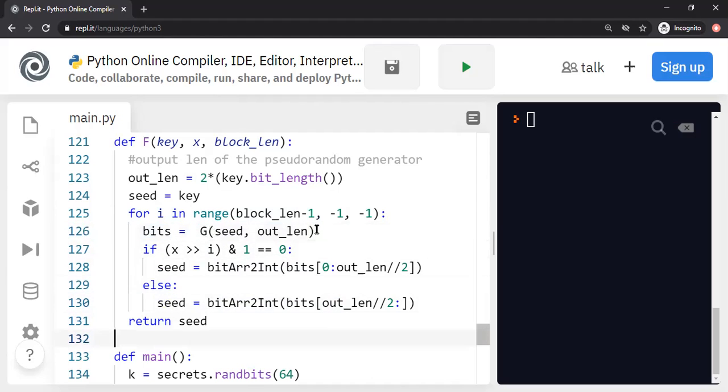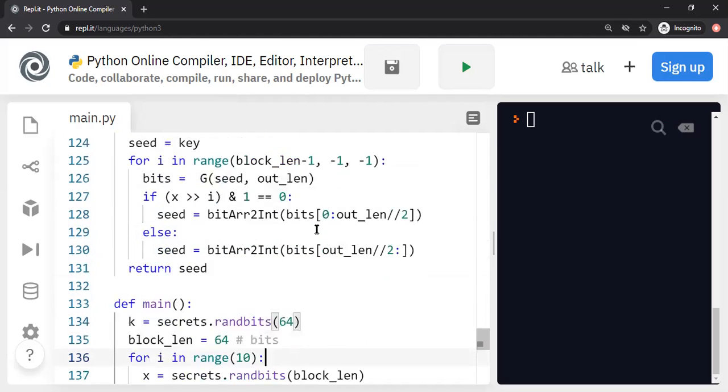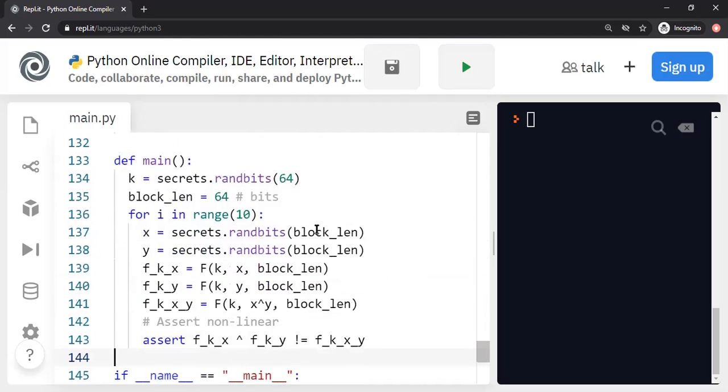But the fun part is that the tree structure we talked about in the previous segment has this nice property that the function F is indeed pseudo-random. We tried many interesting things. We changed a little bit of x, and we saw a significant change in the output of F. We have now also asserted that the pseudo-random function is nonlinear. In the next segment, I will show you that nonlinearity is important from a cryptographic perspective,